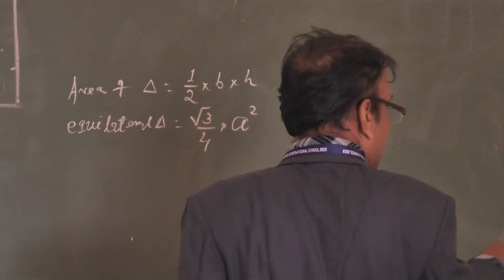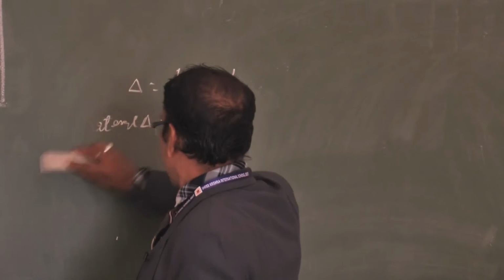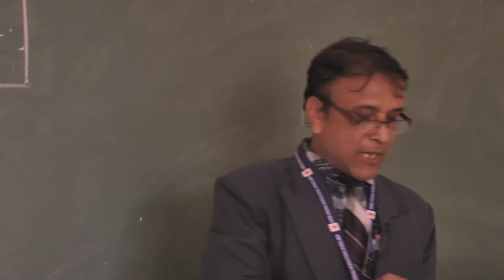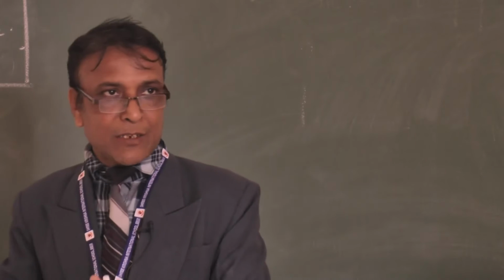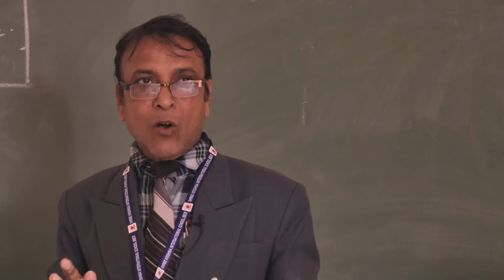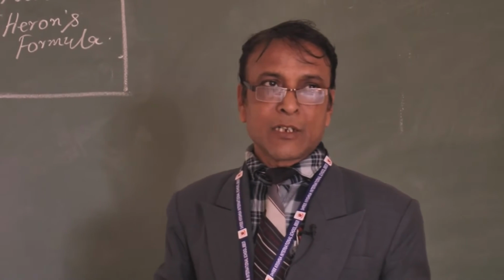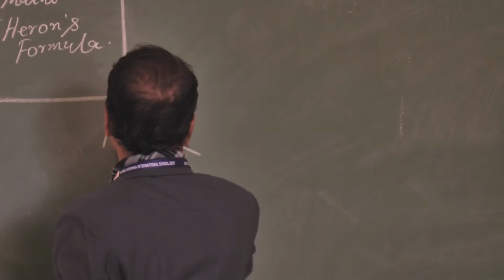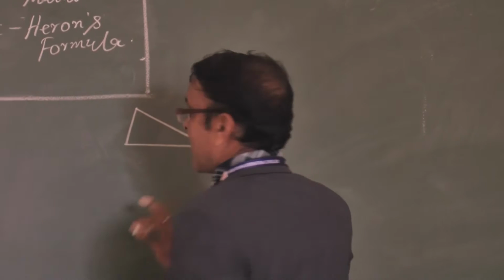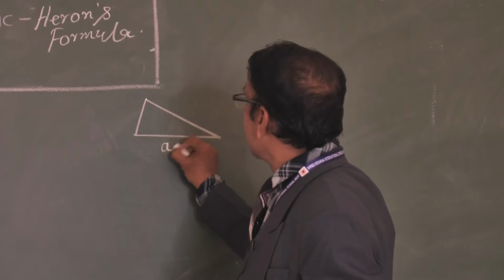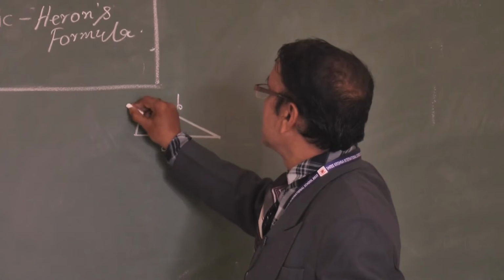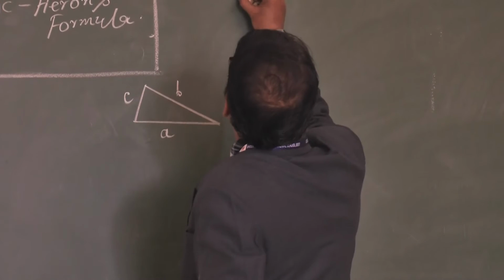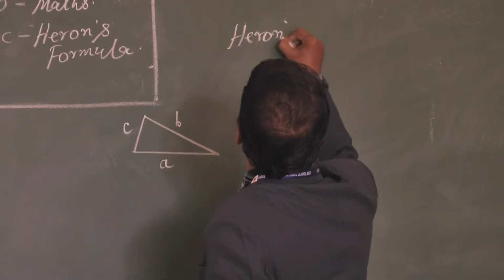But today we will discuss another formula, which is called Heron's formula. This Heron's formula is applicable when all three sides of a triangle are given. Suppose a triangle is given here, and the height has not been given. Suppose this is one side a, another side b, and this is another side c. So, as per Heron's formula,